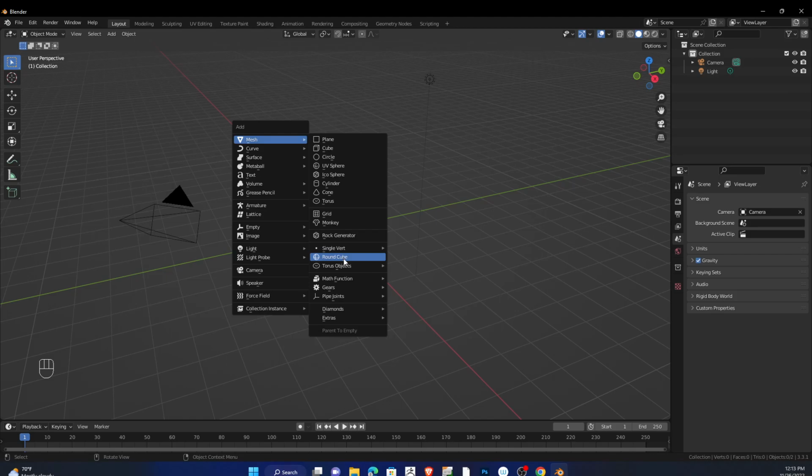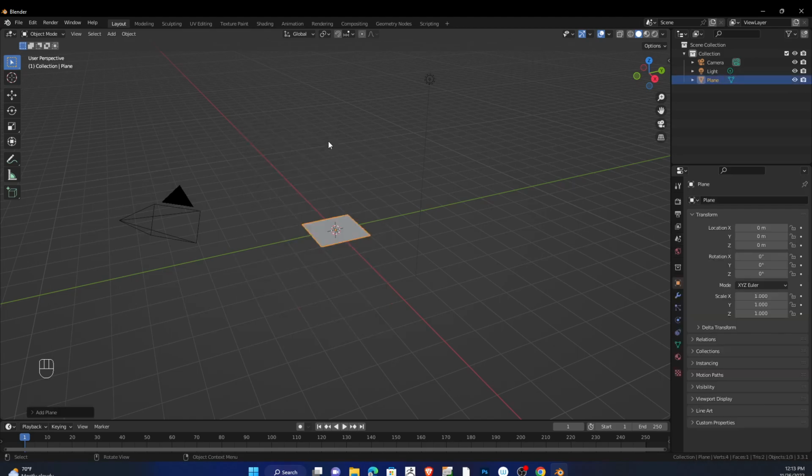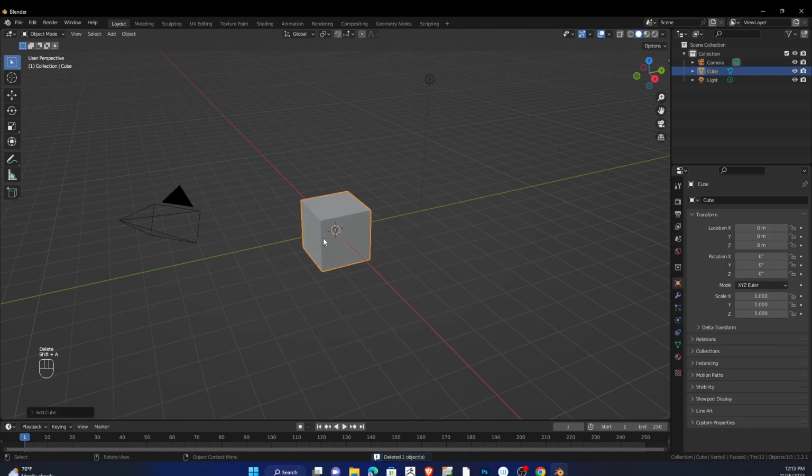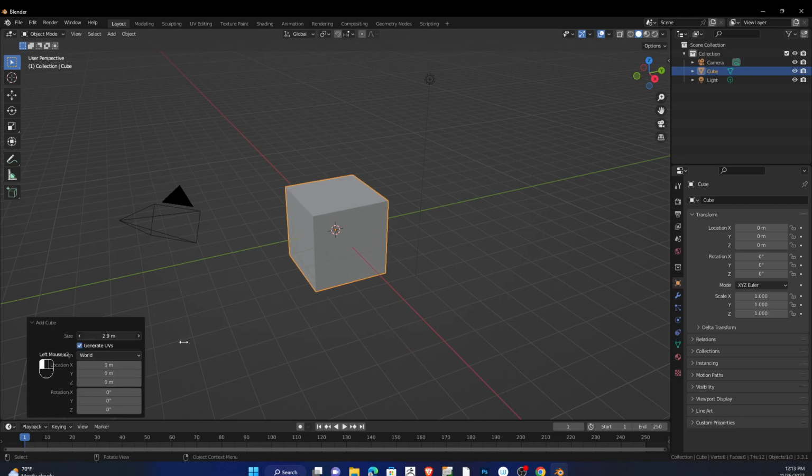So we get single vert, we get round cube. But we also have all of these primitives here. We can add a plane, right? A cube. And if you'll notice over here, when you add something, you have some